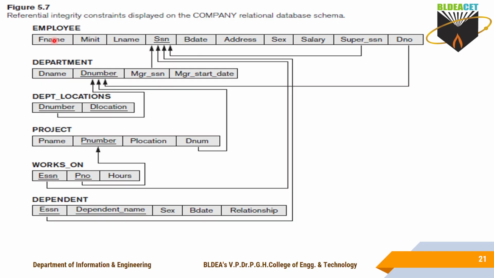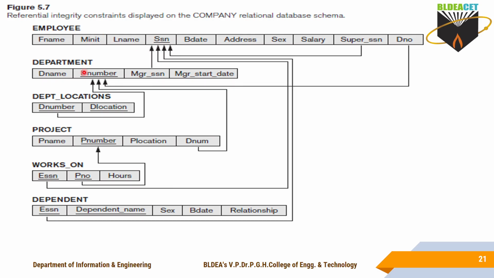As I told earlier, in the conceptual data model you have taken name and further subdivided it as F name, middle initial and L name, like a composite attribute example. But in the relational data model, it doesn't support composite attributes. That's why you have to take F name separately as one attribute, middle initial separately as one attribute, and L name separately as one attribute here. And any attribute, if it is underlined, means what? This attribute's values are unique here, and that is what we call a primary key.